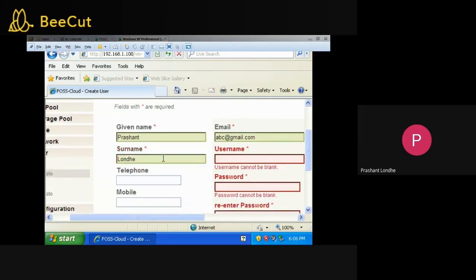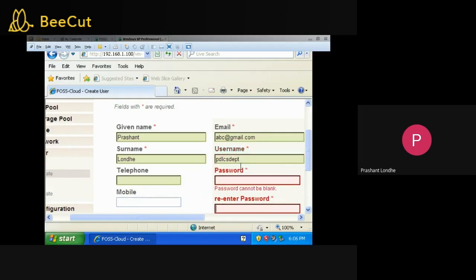Now I have only one user, and it is a demo version, so everybody will be added into the first group only. So PDLCS. You can enter your password also.